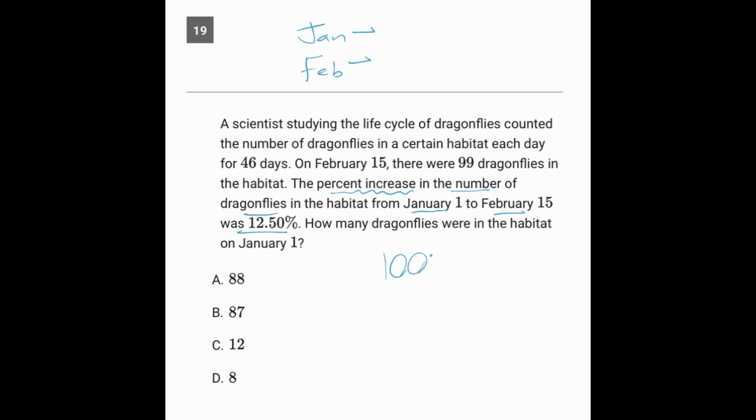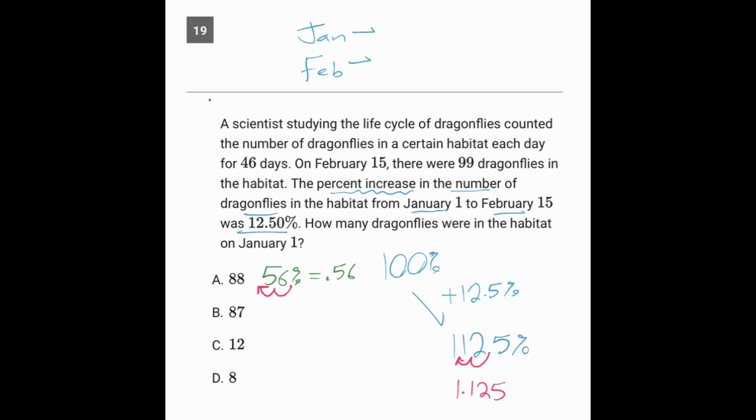So if we start at 100 and we increase by 12.5%, that would bring it up to 112.5%. Now to get from percent to decimal form, you're moving the decimal 2 spaces over. And by the way, as a reference, just imagine 56% is really 0.56. So this is showing that to get from percent to decimal form, you're taking that decimal and you're moving it 2 spaces left. So same thing here. We need to move it 2 spaces left, and we'll get